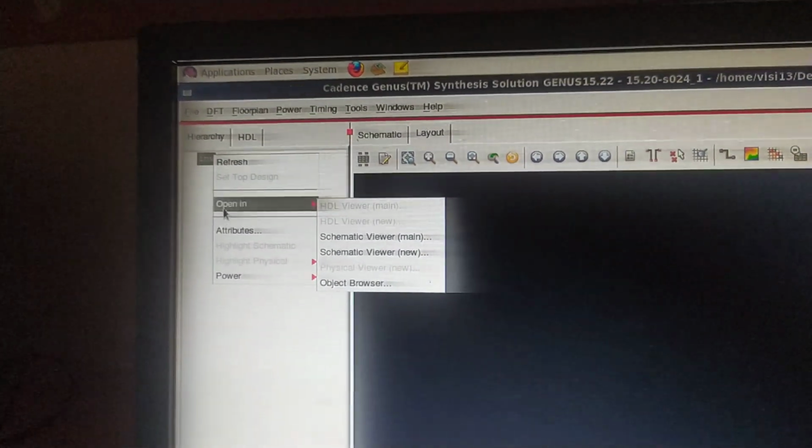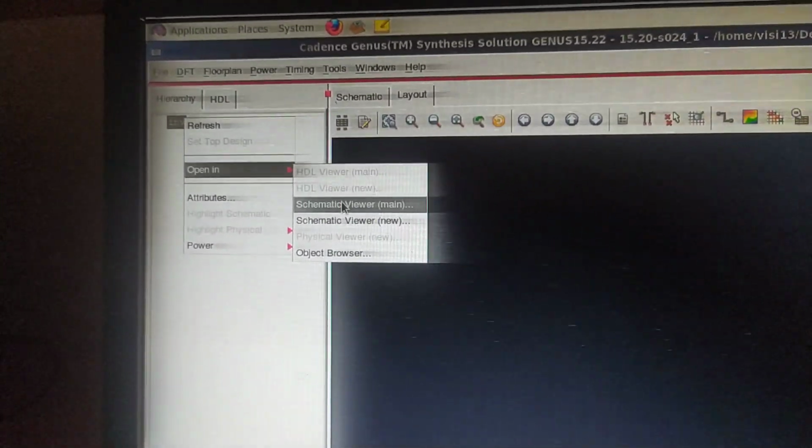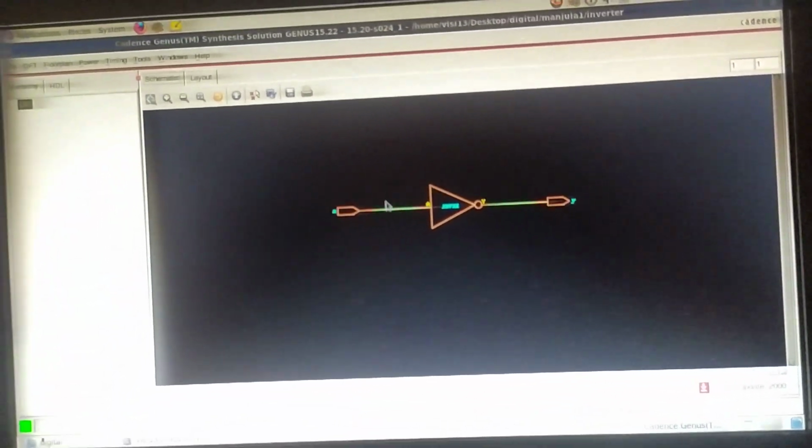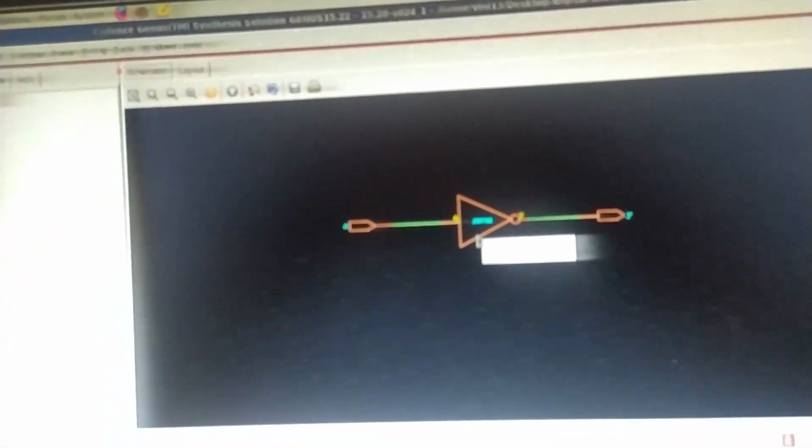So you can see this is INV. If you right click and open in schematic viewer, you can see an inverter has been generated.